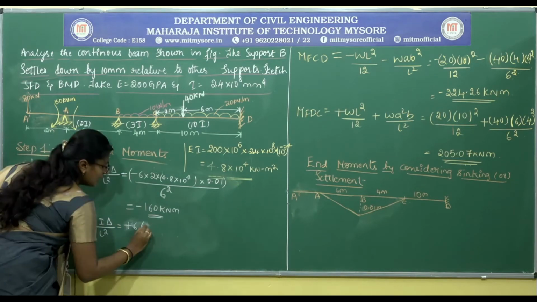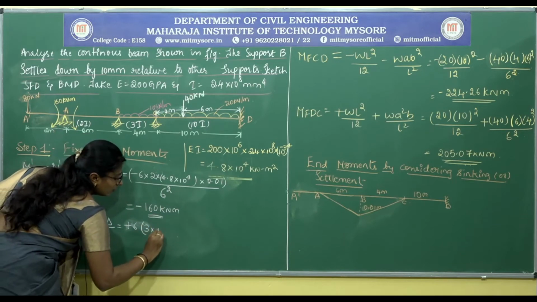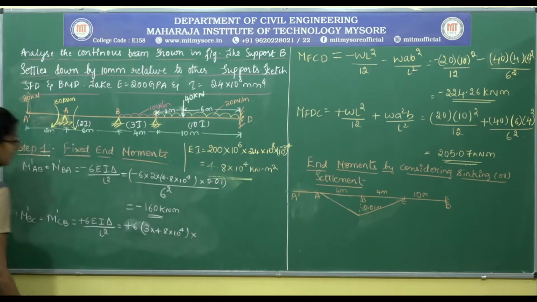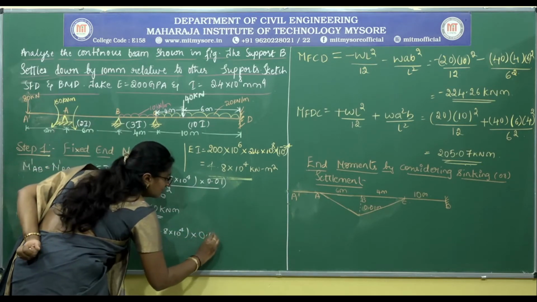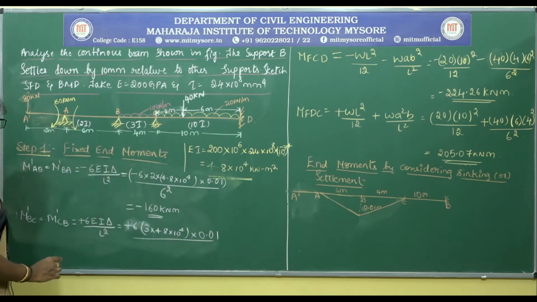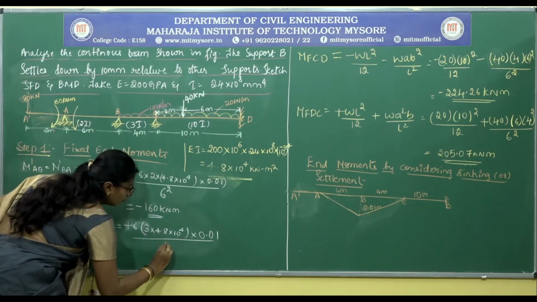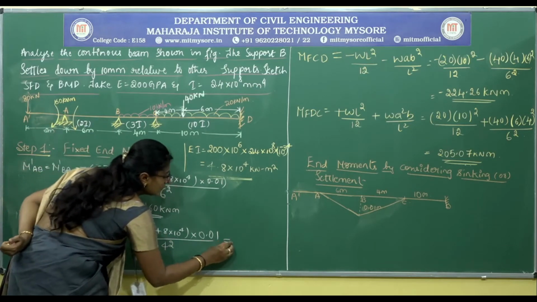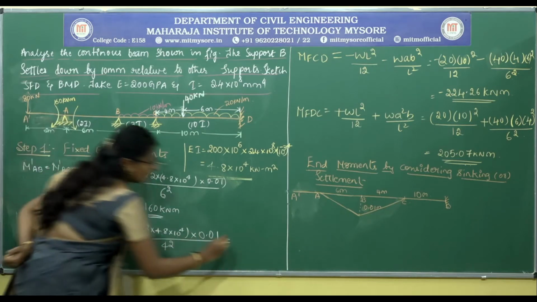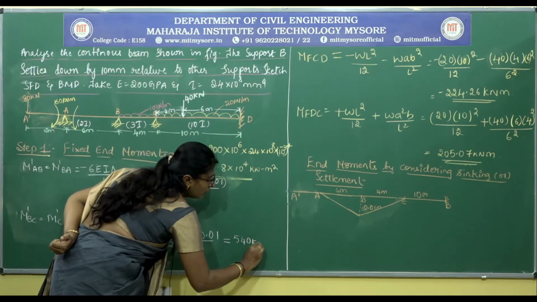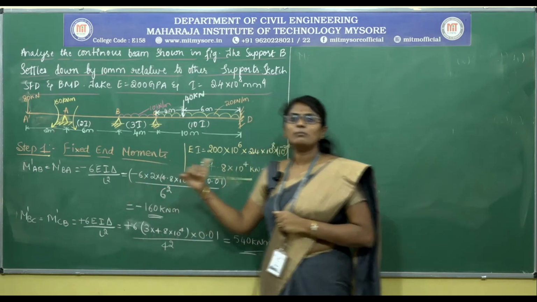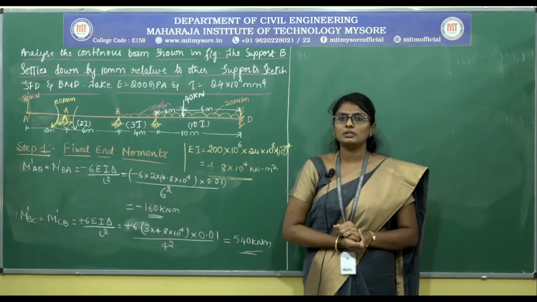So plus 6 EI is 3 into 4.8 into 10 power 4 multiplied by delta is 0.01 divided by, what is the length for span BC? It is again 4 meters. This is equal to, so here it is positive, 540 kilonewton meter. Now by considering MF values and M dash values, we obtain M double dash values, which is